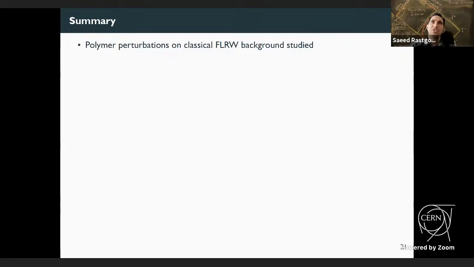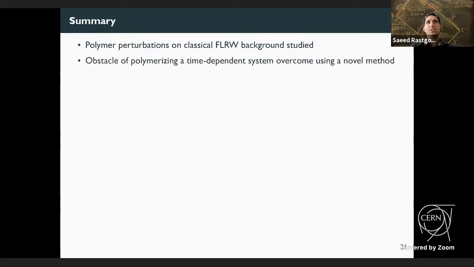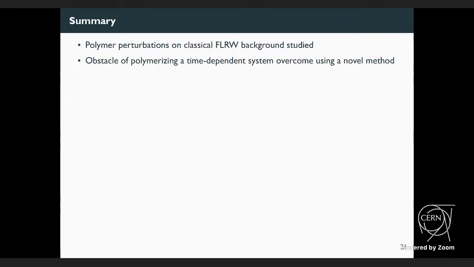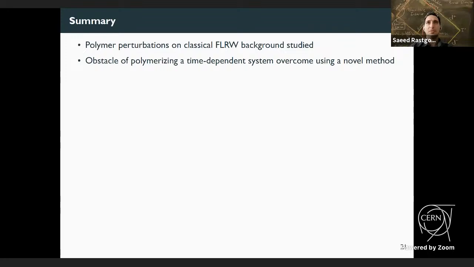Our formulation also has the possibility that, although we solved it for FLRW, we can expand it to other cosmological backgrounds. Not that it's needed, but we can do that. What we did was probably the first time that somebody has polymer quantized a time-dependent system in this way, the time-dependent harmonic oscillator. We found the canonical transformation that makes our system. First, we go to the extended phase space, then to the time-independent extended phase space, then polymer quantize, then go to the time-dependent extended phase space, then go back to the usual time-dependent phase space. This is the gymnastics we had to do to get our